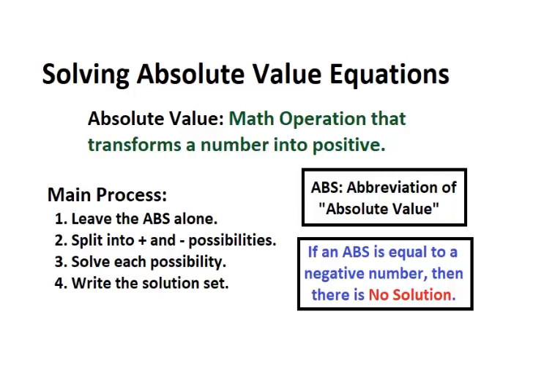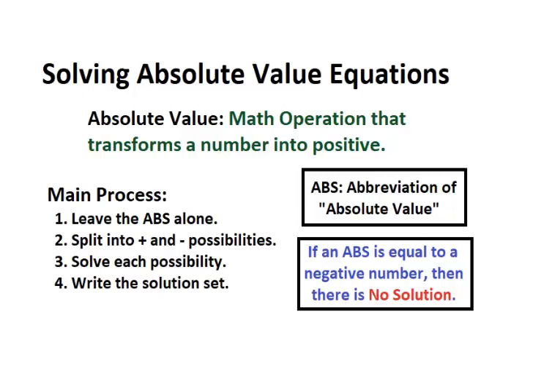That idea allows us to understand the main process that we're going to follow to solve absolute value equations. First, we're going to leave the absolute value expression alone. Then we're going to split that equation into a positive and a negative possibility, because the number inside the bars may be positive or may be negative. Then we're going to solve each possibility, and once we solve each possibility, we're going to write the solution set